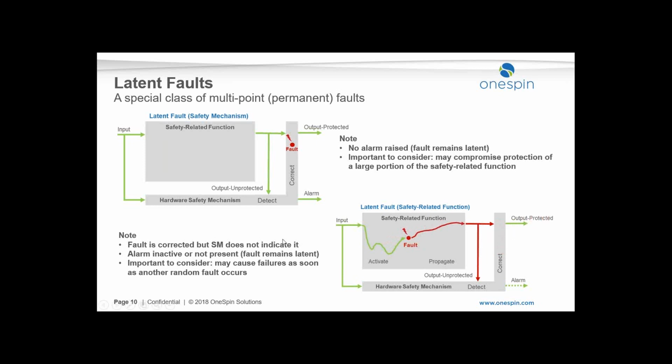So it makes sense. Basically, I guess the goal here is to say it makes sense for the standard to consider latent fault. And in general, it makes sense to consider multi-point fault. Typically, the standards focus on what it calls dual point faults, so when you have two multi-point faults causing a failure. But in some cases, you might have to consider multi-point faults of order 3, where you have to consider what happens if you have 3 faults at the same time. In some cases, that's also necessary.